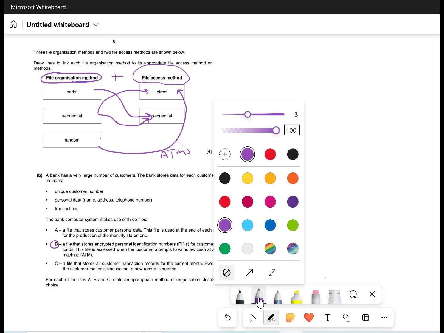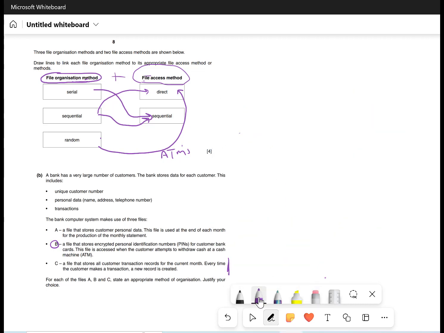So in this situation, we go through a file that stores all customer transaction records for the current month, let's say December. Every time a customer makes a transaction, a new record is created. It doesn't say anything about order, and it doesn't say anything about real time, like logging in or something. So we know that it's going to be serial,